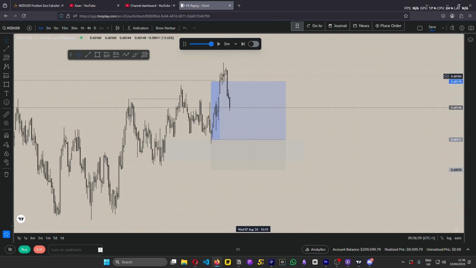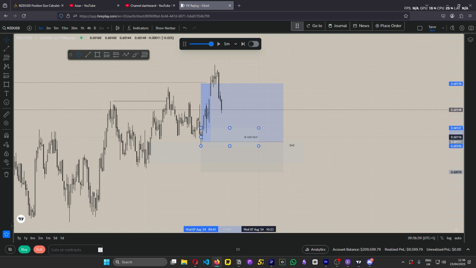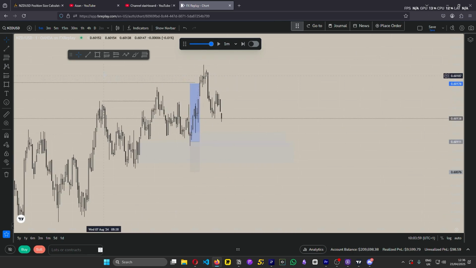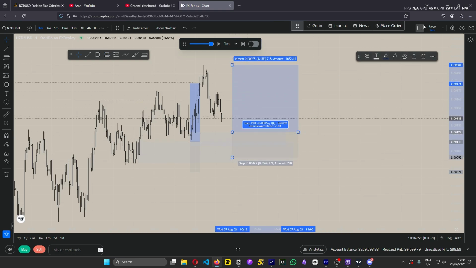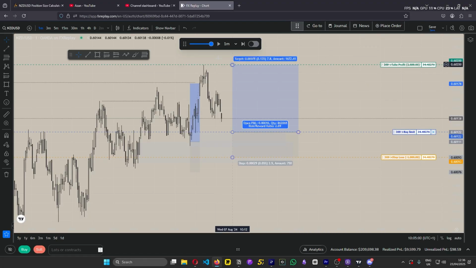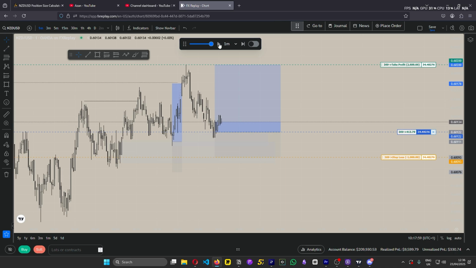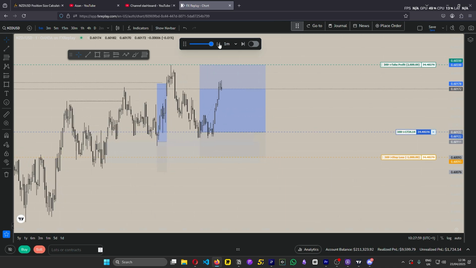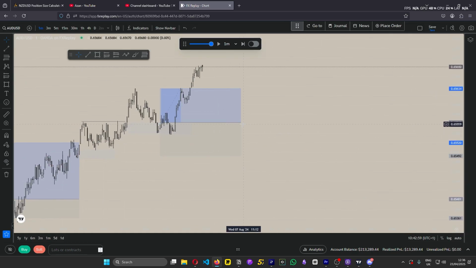And this will be as it's breaking this weak structure. So what I'll be doing is I'll be taking a continuation from here. Now it doesn't have any confluences, so I would like to see some inducement formed first. If it does, then okay, we got inducement now. So I'll be taking this one right here, all the way up there. See if we can get mitigation. We got mitigation, perfect. We got inducement, quite obviously. Then we're targeting the weak high, and then we hit TP, and AU hit TP as well.